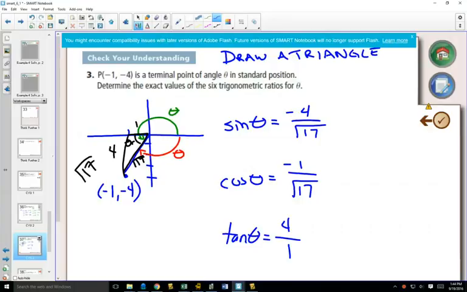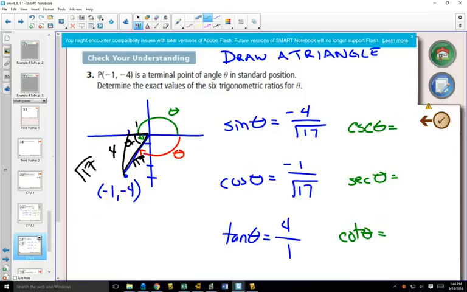But in grade 12, if you were asked, what is sine of theta? You could write negative 4 over square root of 17, and you wouldn't have to multiply top and bottom by square root of 17 to rationalize it. You could leave it like that. One of the nice things about leaving it like that is when we go to do our reciprocal ones, reciprocal of sine is cosecant, reciprocal of cos is secant, and reciprocal of tan is cotangent. When we go to do those reciprocals,